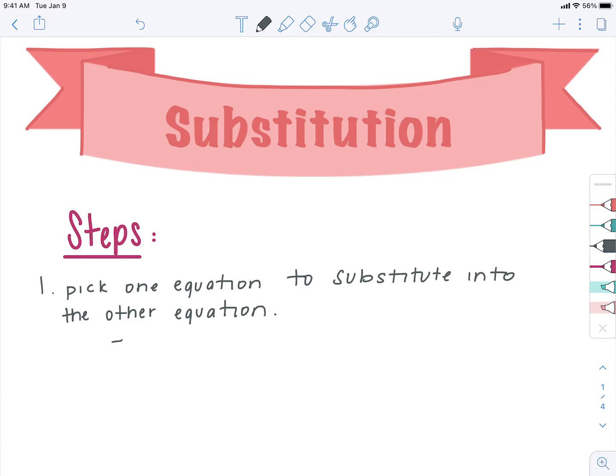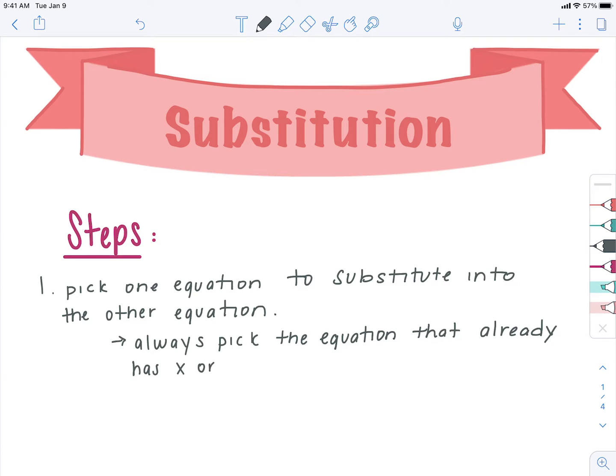So we always pick the equation that already has x or y alone. And if we